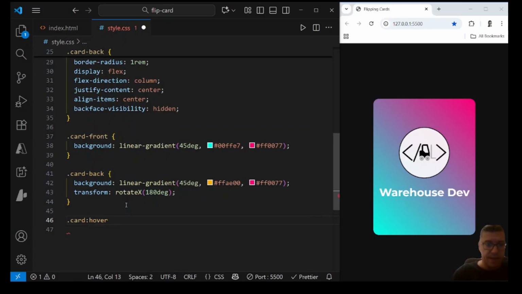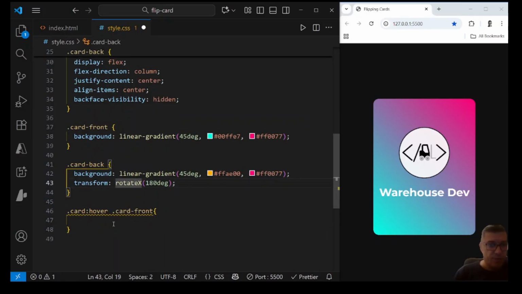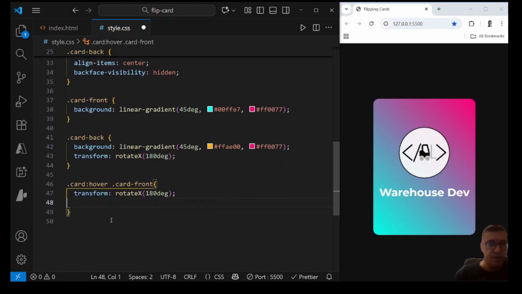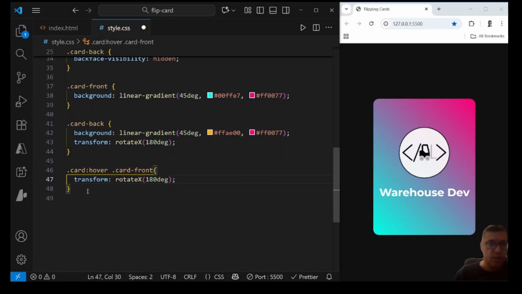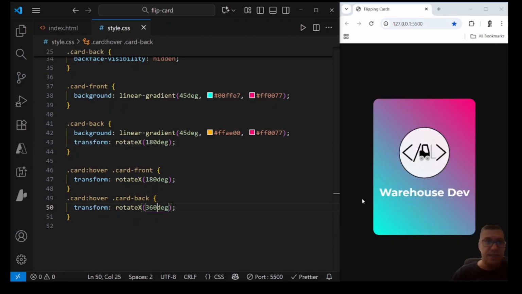and then I want to target first my front card. I will copy this line, so I will rotate it exactly 180, and I will copy this down. For my card back, the rotation I already have 180, so this should be 360 degrees. Okay, let's save all of that and test out our hovering. Okay, this change